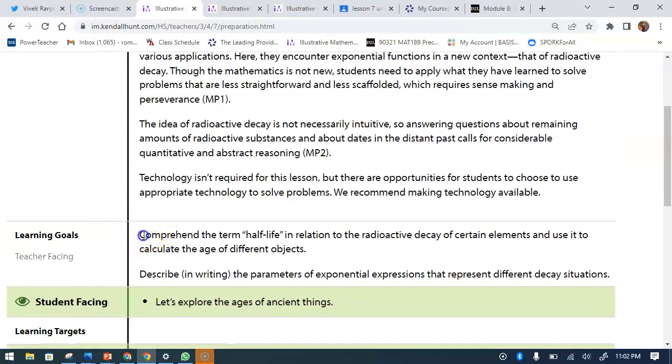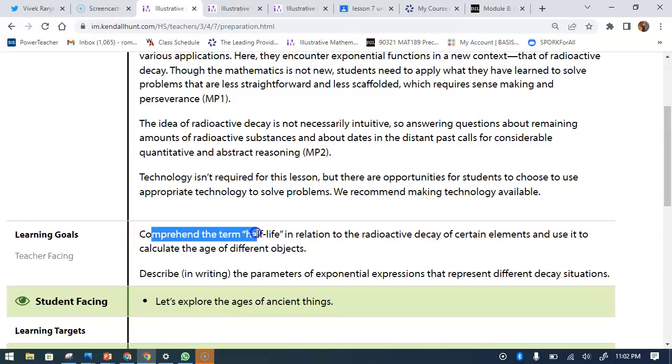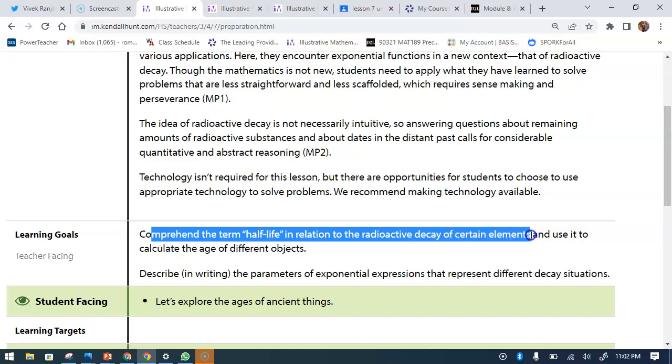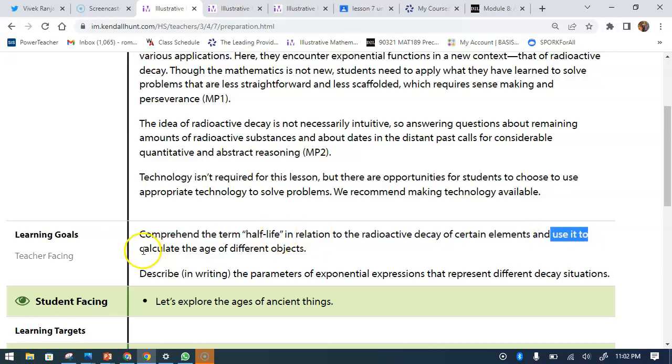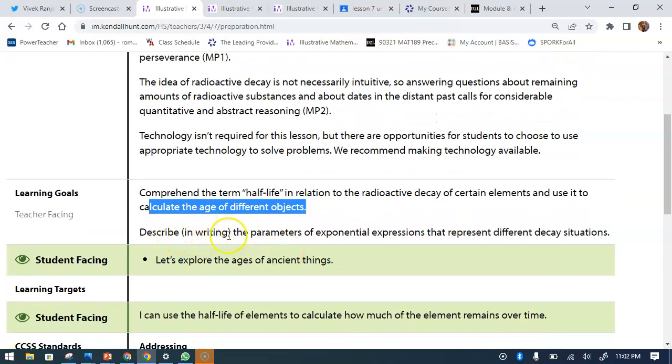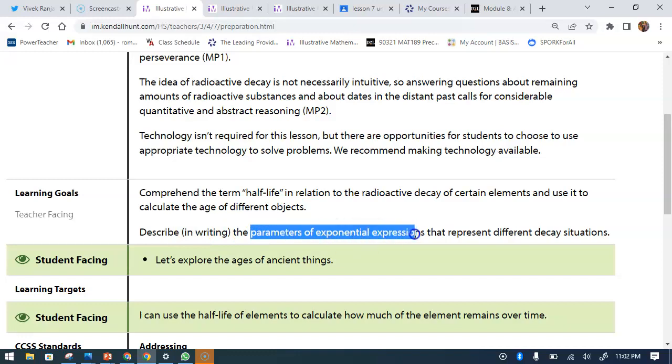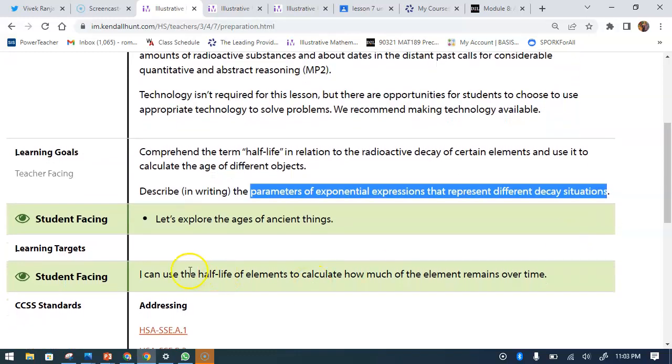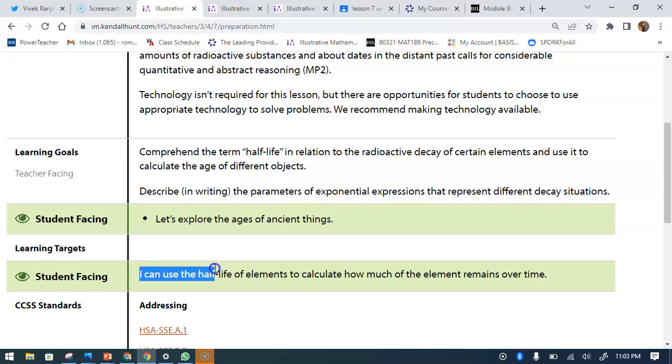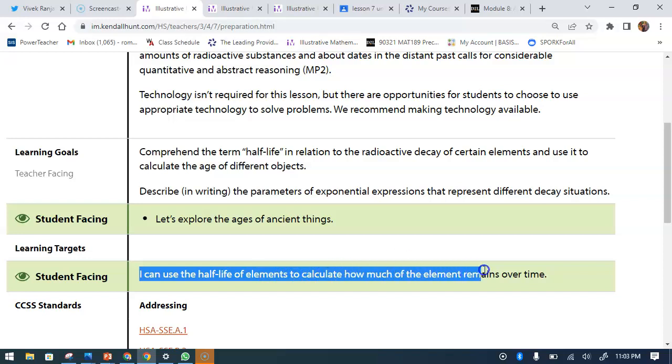learning goal for this is to comprehend the term half-life in relation to the radioactive decay of certain elements, like carbon, sodium, and use it to calculate the age of different objects. So how are we going to do this? We describe the parameters of exponential expressions that represent different decay situations. Every student can use the half-life of elements to calculate how much of the element remains over the